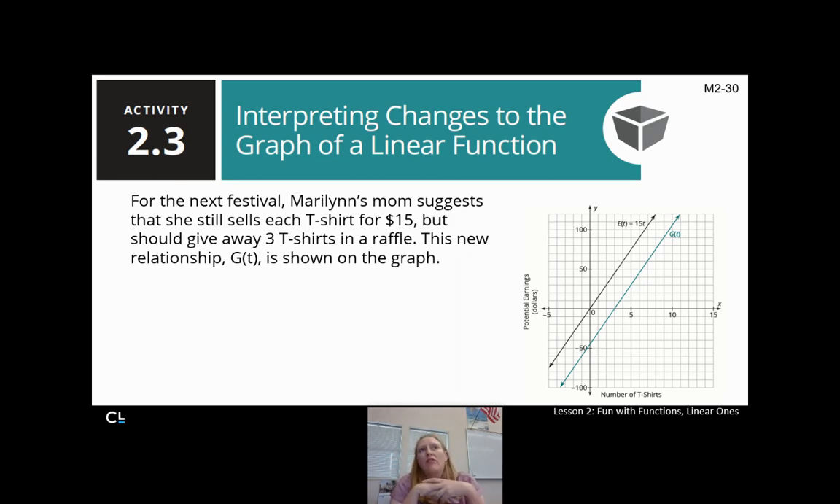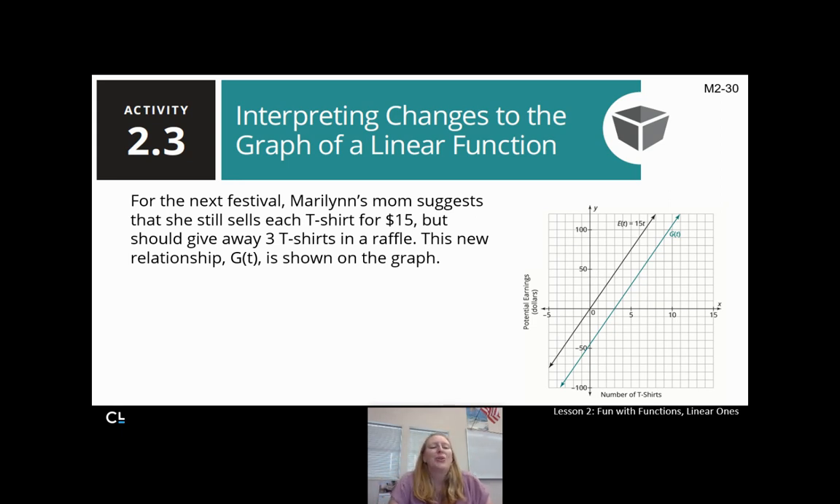So we left off on our last lesson where we were talking about Maryland selling t-shirts at the festival, and they were $15 each, right? But now, when you go to set up booths and set up things at festivals, other costs start creeping in. So for the next festival, Maryland's mom suggests that she still sells each t-shirt for $15, but she should give away 3 t-shirts in a raffle. Oftentimes it's just a way to drum up business, right? A way to get people to come by your booth and maybe buy more stuff is by having a little